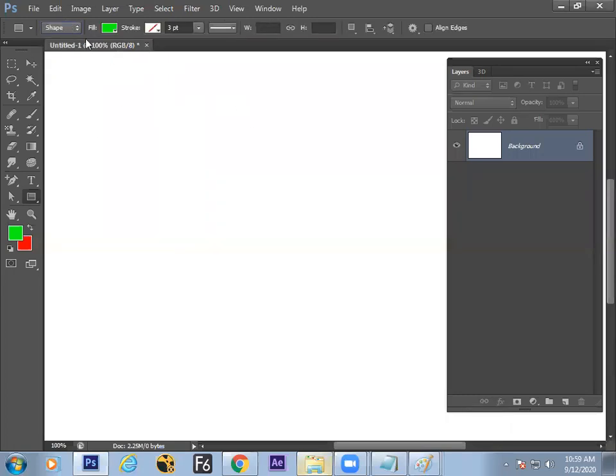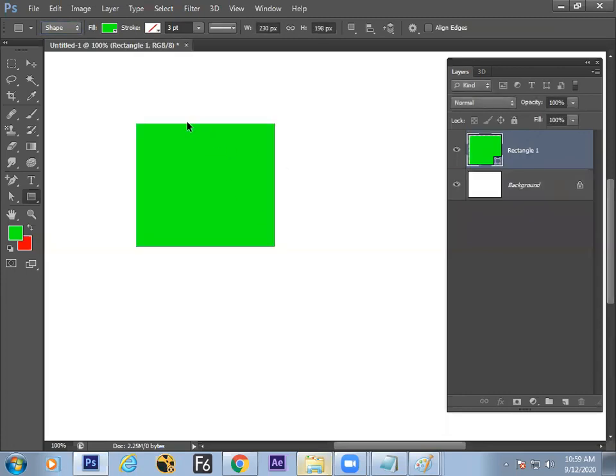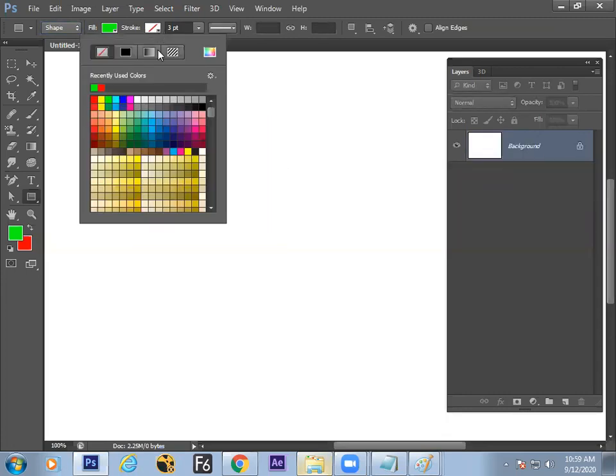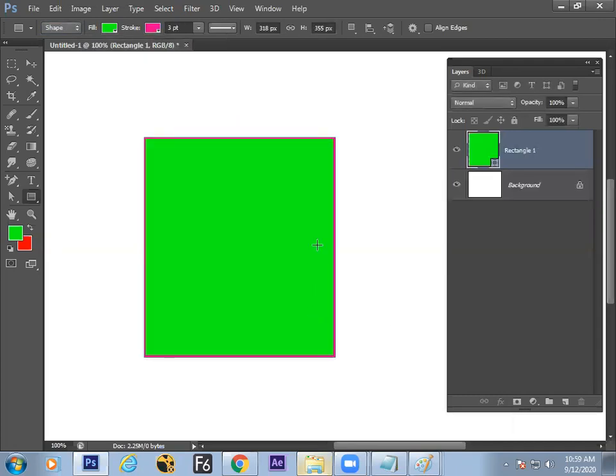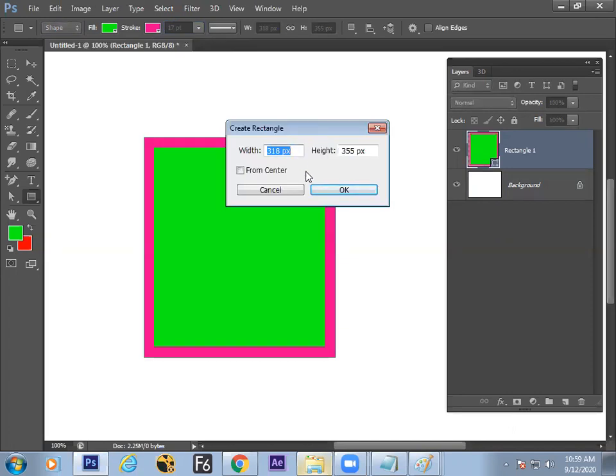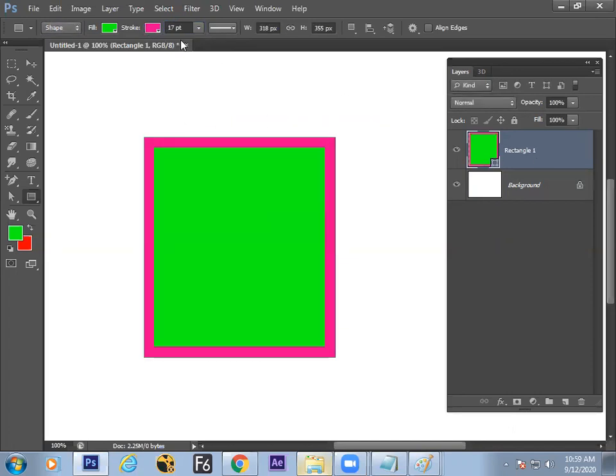So see here, when I'm drawing shapes, I can give a stroke also. Open this, and I can give a stroke color. Like I'm giving a red color stroke with a green color fill. I can still edit the stroke width here. Select this layer, and I can edit the stroke width, like 50. I can draw shapes with stroke and fill.